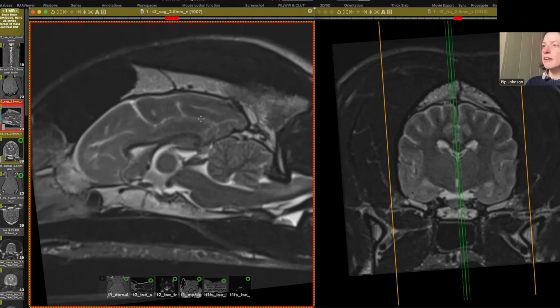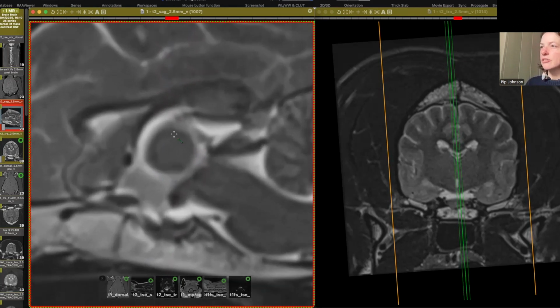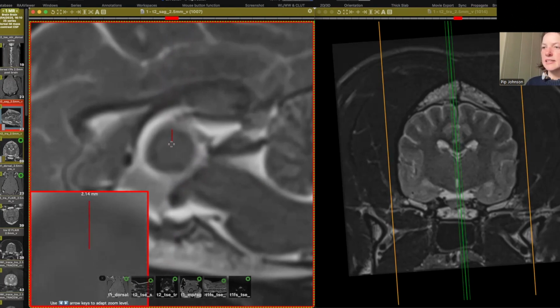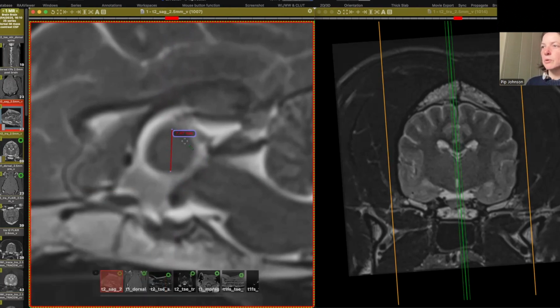So we just use our length measurement and we can just scroll up really high. And I really like these boxes that pop up on Cyrix, but you can use any imaging processing system. And we're just going to measure our height and record it at 7.47 millimeters here.